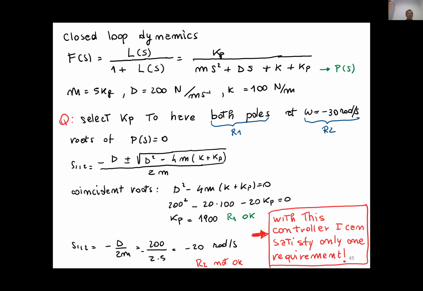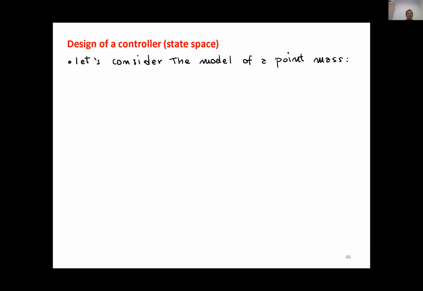So we see here an important result: with this controller we can satisfy only one requirement. And we will see that this is because the controller has one parameter, so we are able to define only one criterion to be satisfied. And if we want to do more, we should use a higher order controller with a bigger number of parameters. Now, let's see the design of a controller from another perspective, another point of view